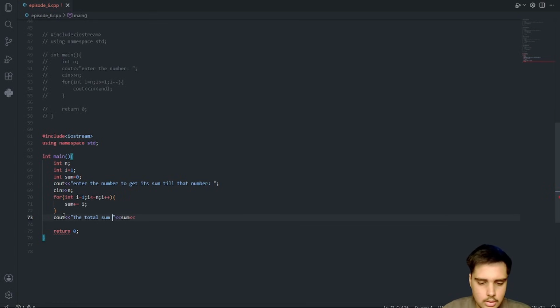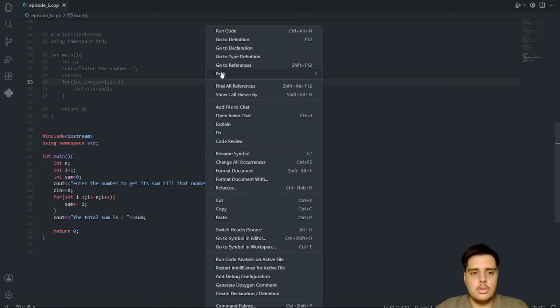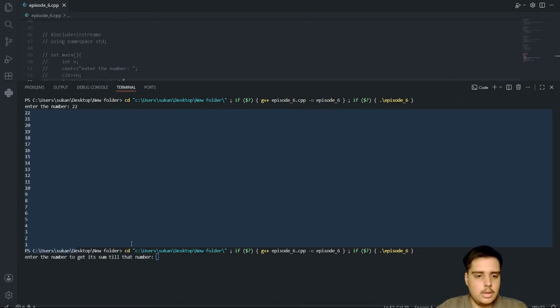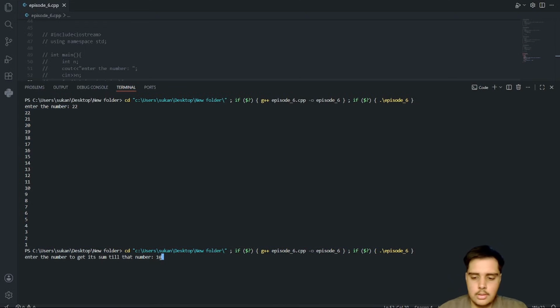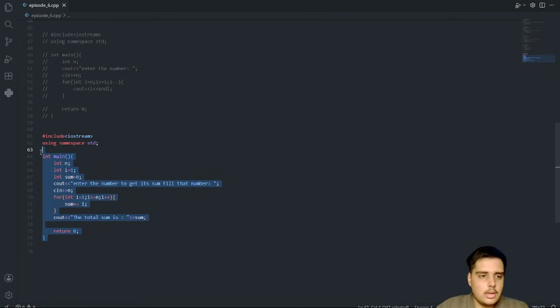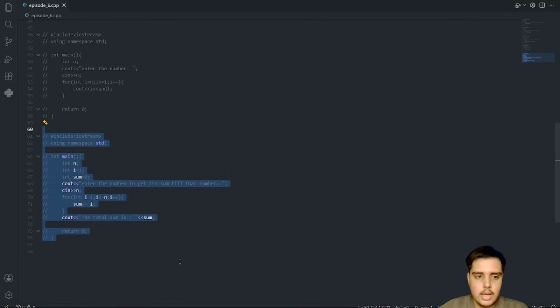The total sum is. Correct. So now if I say 10, the total sum is 55, which is correct by our side, and also which is actually correct. So yeah, we have done halfway there, I believe.